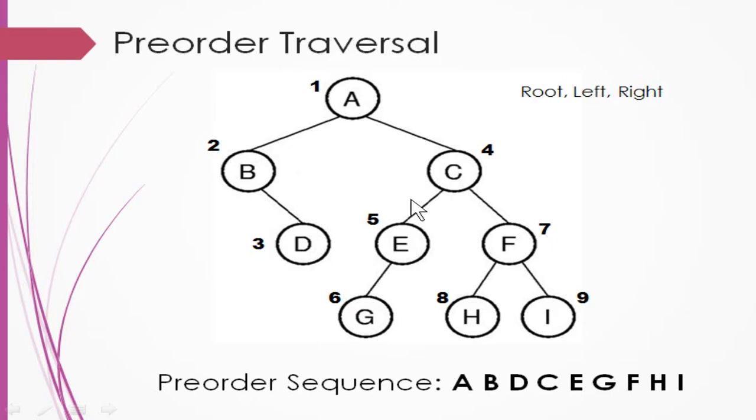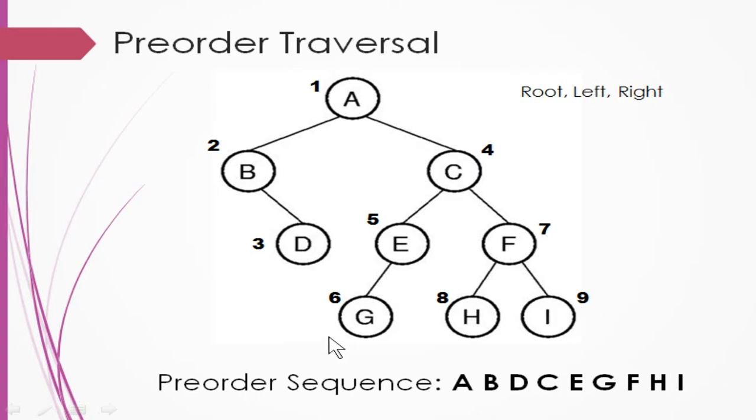And then after completing the left node, you are going to the right node. So in the right node, you got a root here, so that is 7. Okay, number 7 is F. And then after completing root, you are going to go to the left, that is 8. Okay, so that will be H. And then finally right, so this is I. So this will be the last node to be visited.